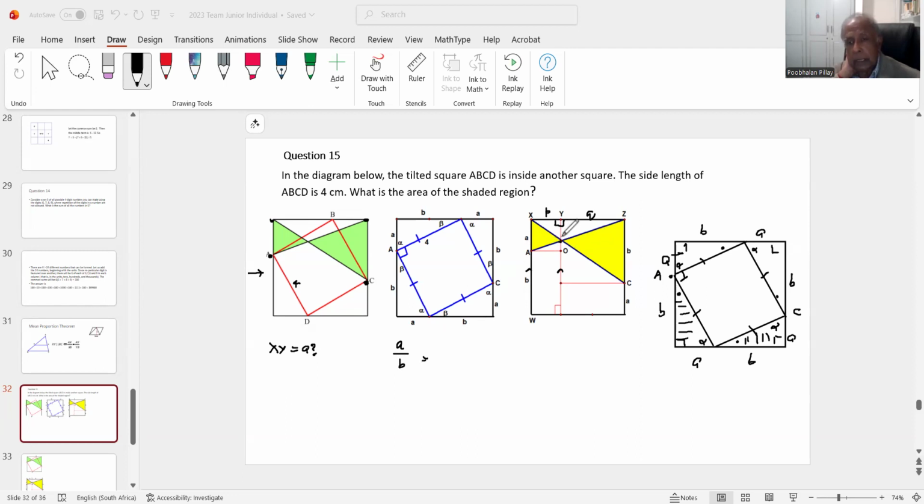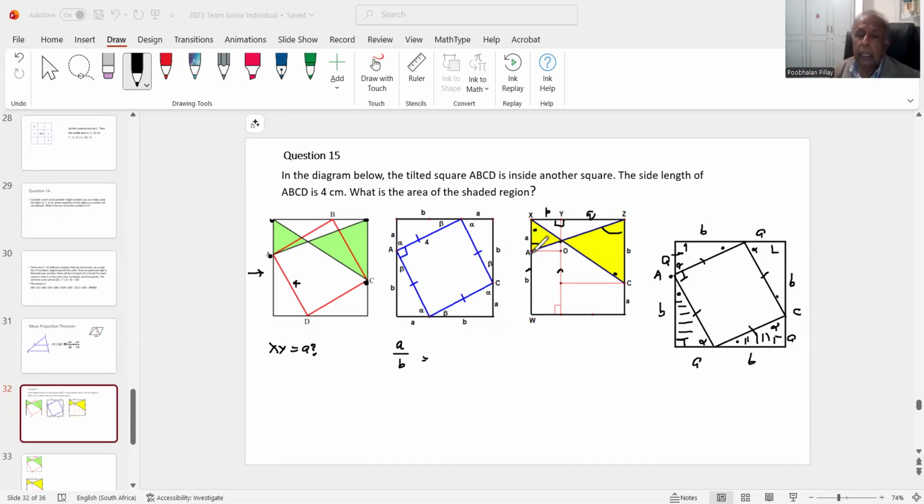They got the same angles. These are vertically opposite angles, they are equal. And this angle here is equal to this angle here. These are alternate angles. Likewise, these two are also alternate angles. So these two triangles are similar. So A over B